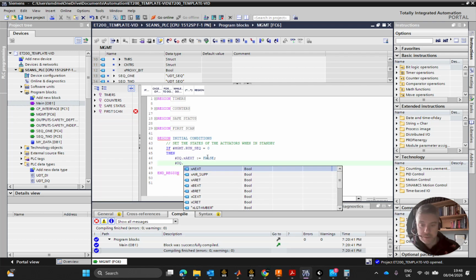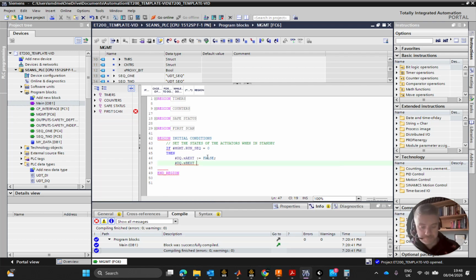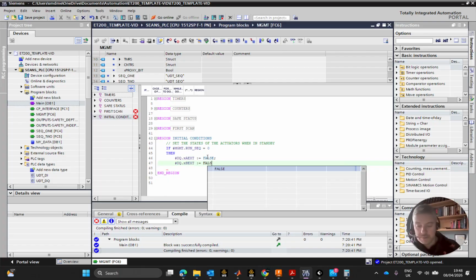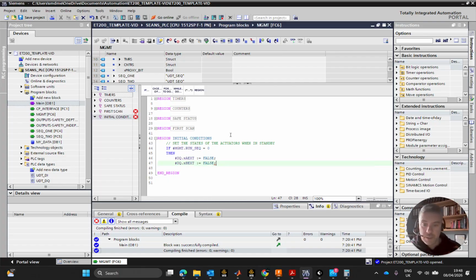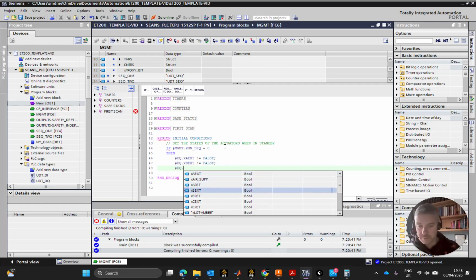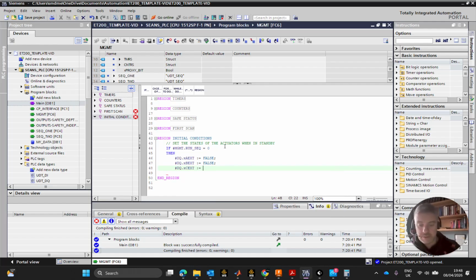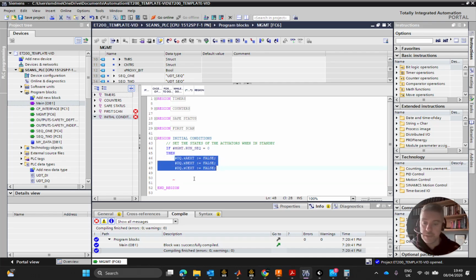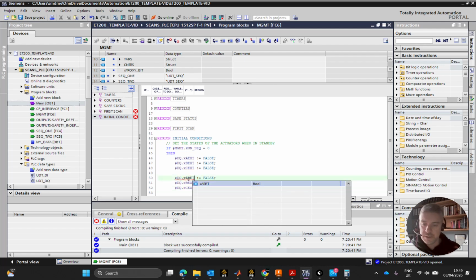dq.b extend is equal to false, and of course dq.c extend is equal to false. These are the only ones that I have now at the minute. Right, so it's not only good enough to say that we do not turn on the solenoids to extend these, but we do also want to turn on the solenoids to retract them, just in case they are extended. So all my EXTs, I'm just going to change them to rets,